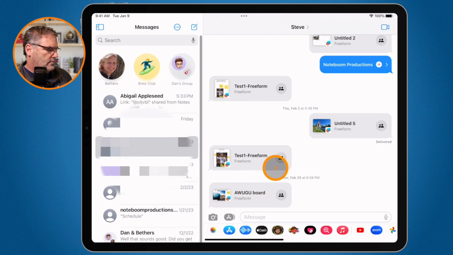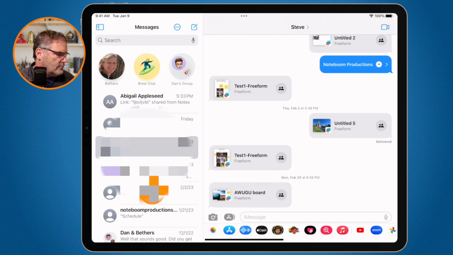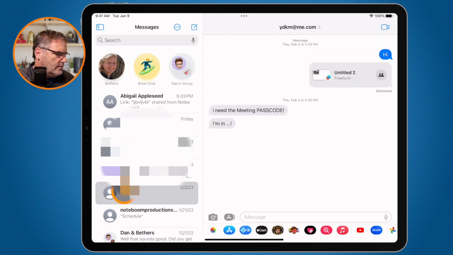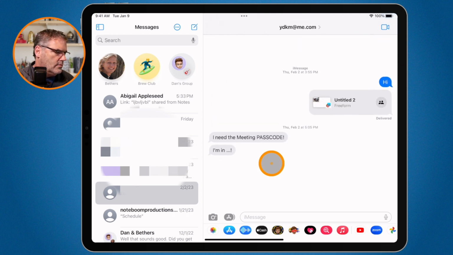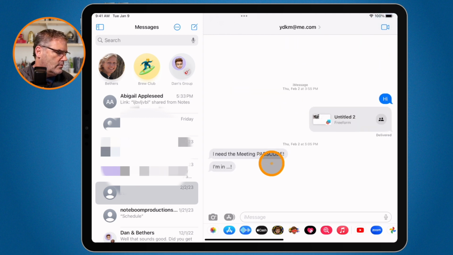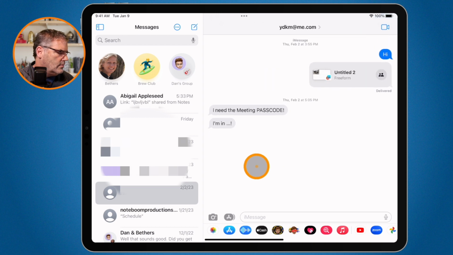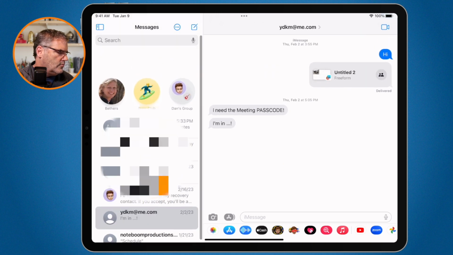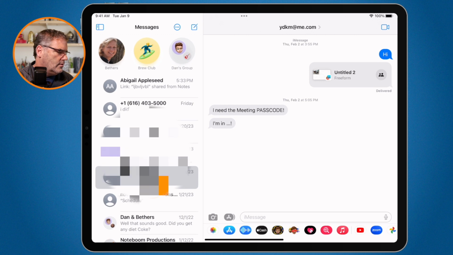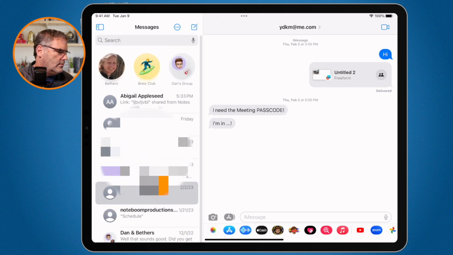Yeah, there should be another one down below the YDKM, my mug address. Two spots below. Oh, I'm in right here. Let's see if you see anything there. And if you scroll up, see if you see anything for YDKM at Mac.com. Nope. Nothing? Nothing. That's weird. I sent the invites there. Okay. Yeah, just send them to